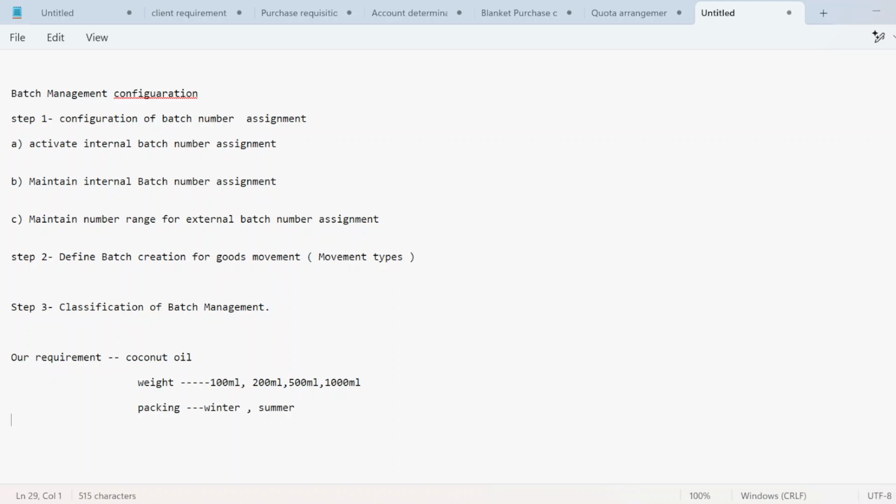Here we are going to define a characteristic, by just using T code CT04.